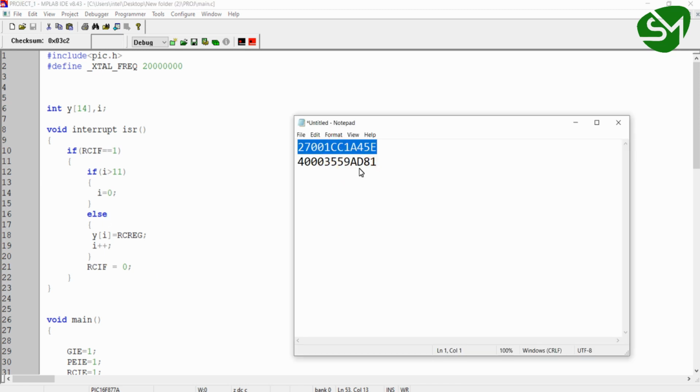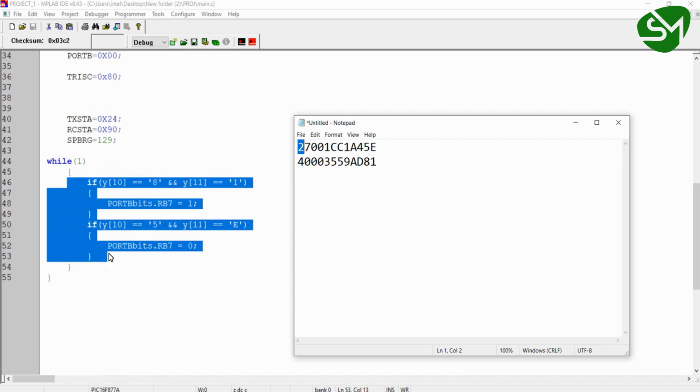As we know, in UART communication, all the character data is sent one after the other. Let's say I am placing this card over the EM18 module. Initially, the first character byte, which is 2, will be transmitted to the UART bus. It will check the condition i greater than 11. That will be false because i is declared as global and has a value of 0 initially. So Y of 0 will fetch the value 2, and after that i is incremented, that is, i becomes 1.